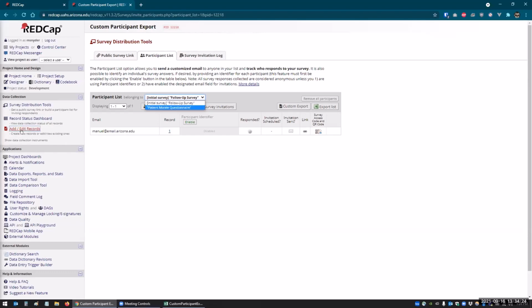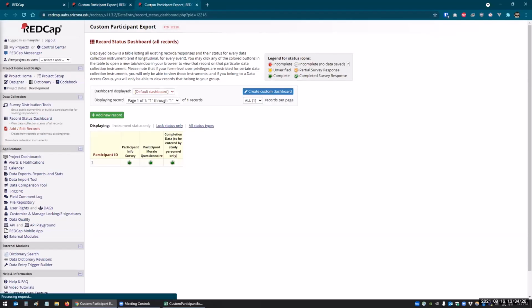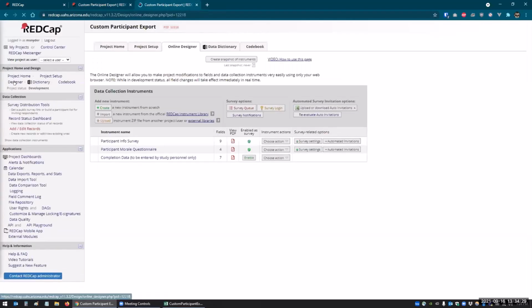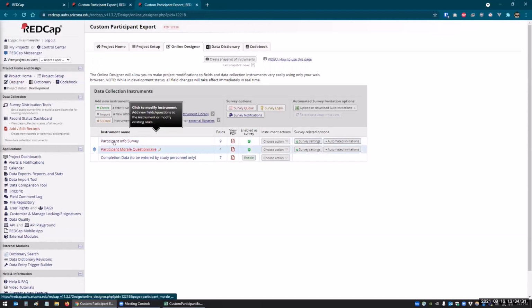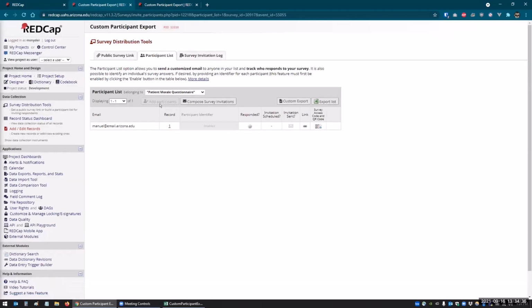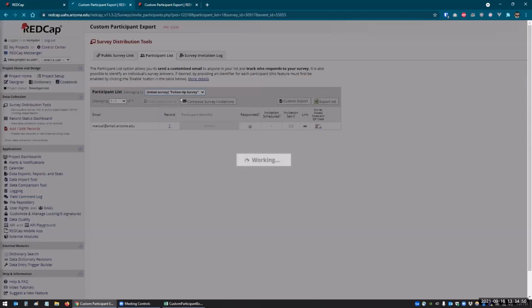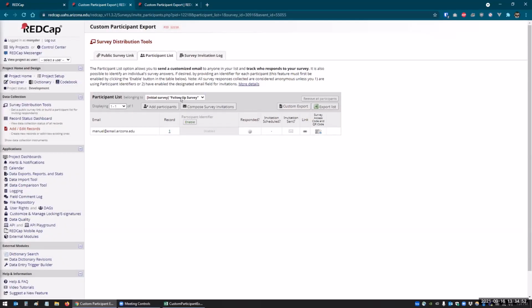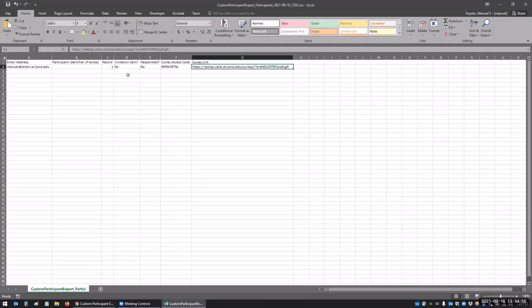I believe I have, let me see if there's, nope. Yeah. So I have 2 surveys here, and I think I filled out both of them. So if I exported this one, it would only give me the data for the patient morale questionnaire, which is one of the default template instruments that you can put in with REDCap. But this is all that comes out when you just do the export. So if you want